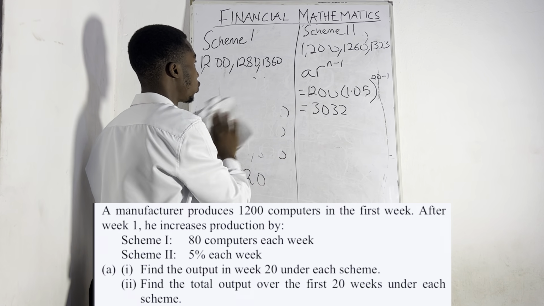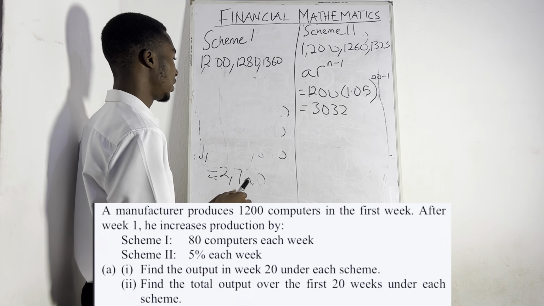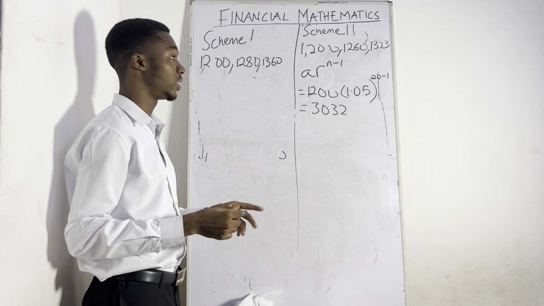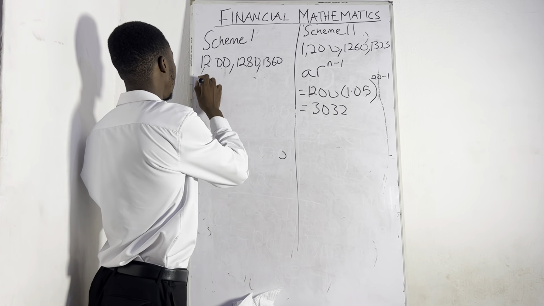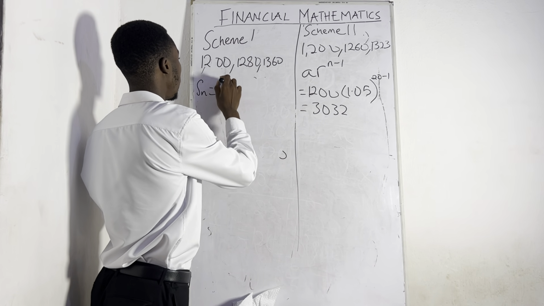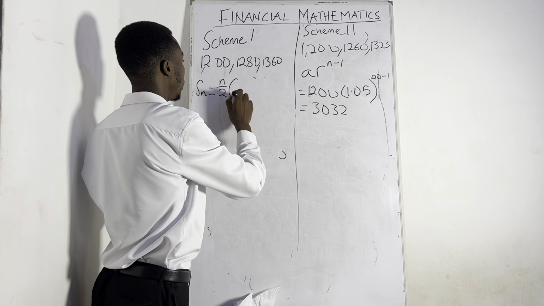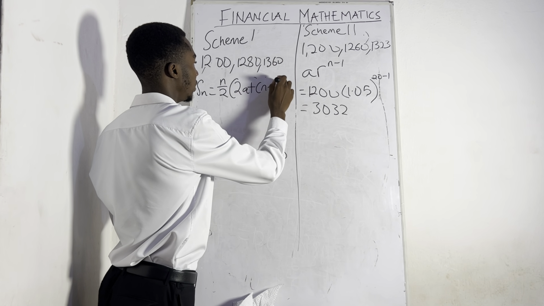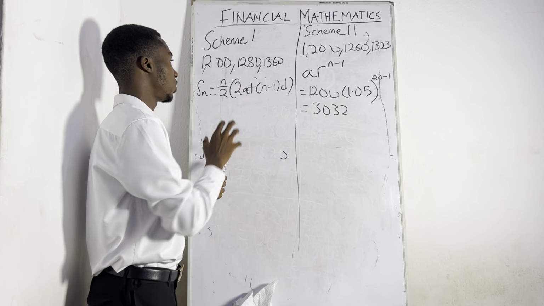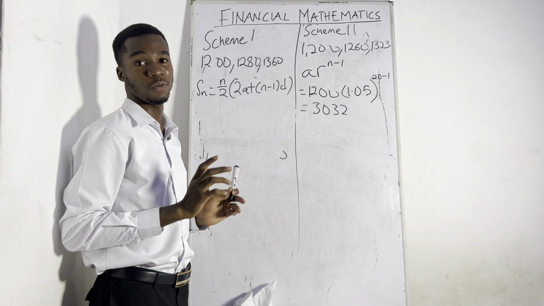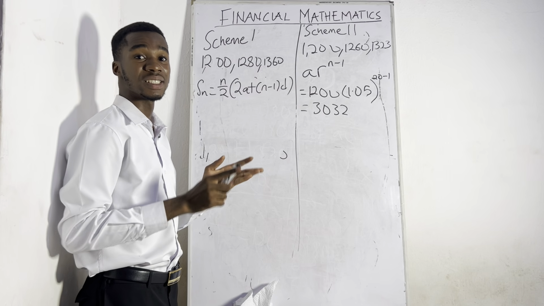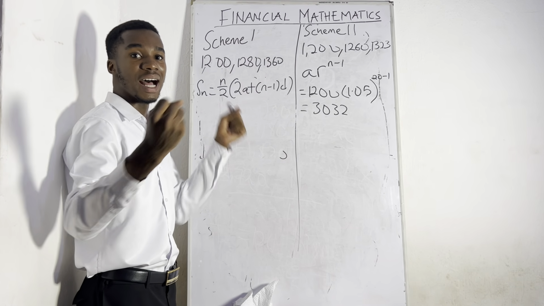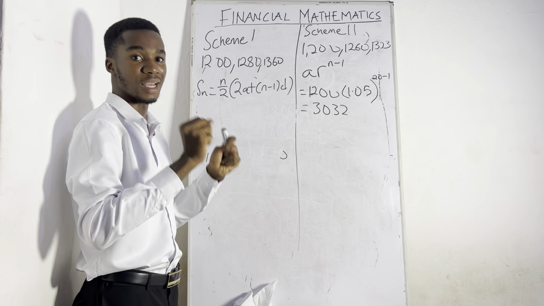When you are finding the total number of terms, or the sum of n terms, or the total output, when you see total number of anything, this is the formula you use. So the sum of n is equal to n over 2 into bracket 2a plus (n minus 1)d. So if you want to find the total output, this is the formula you use. So don't get confused. If you ask for the 6th term, the 7th term, the 8th term or something, use the first one. But if you are adding all of them, the total number of them, the summation, this is